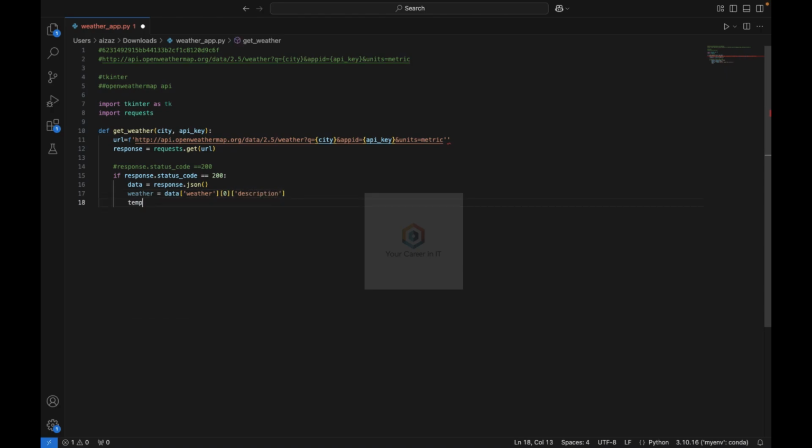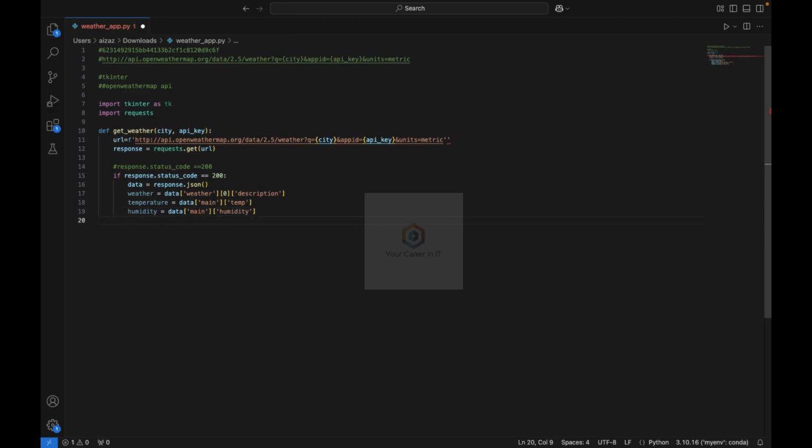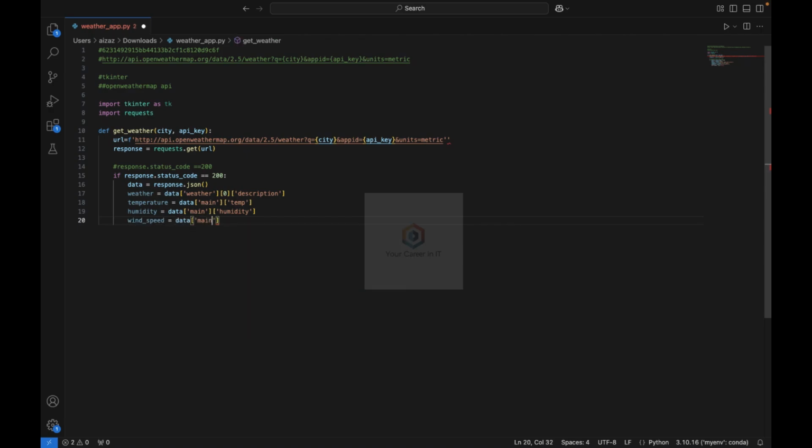Now after this, temperature, which is equal to data main temp. Now after this humidity, which is equal to data main humidity. Now after this wind speed, so data main speed. Now return